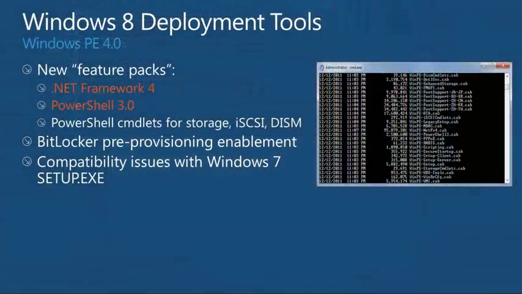We already talked about BitLocker pre-provisioning. We need the support in Windows PE to do that. Basically, there's a new version of Manage-BDE, which is an executable that's used to turn on BitLocker inside of Windows PE. One thing to watch out for is if you try to use the new version of Windows PE to run the Windows 7 setup.exe program, like you're just going to run setup.exe to install the OS, it will